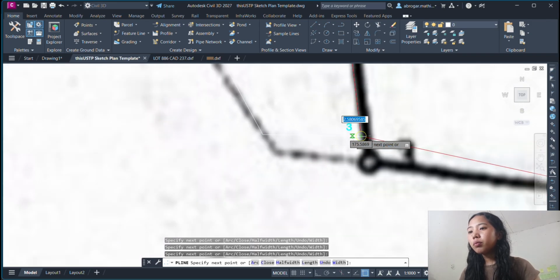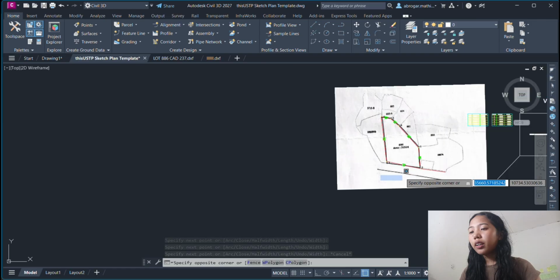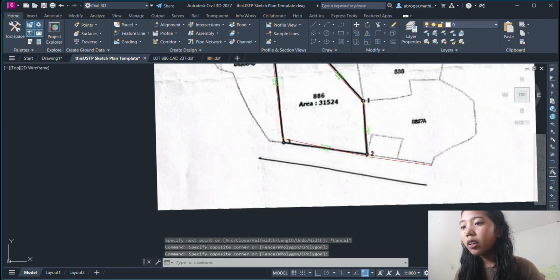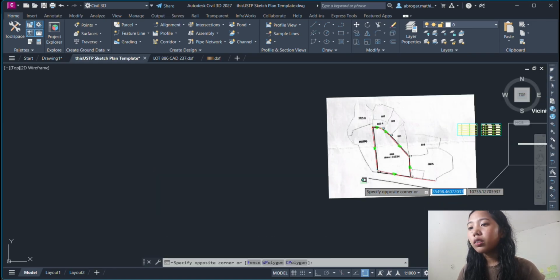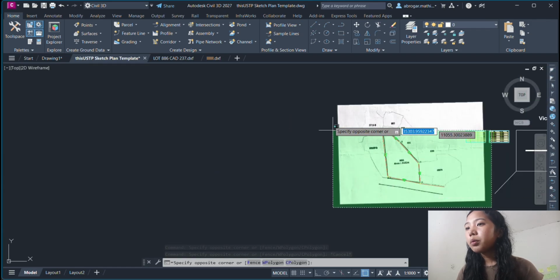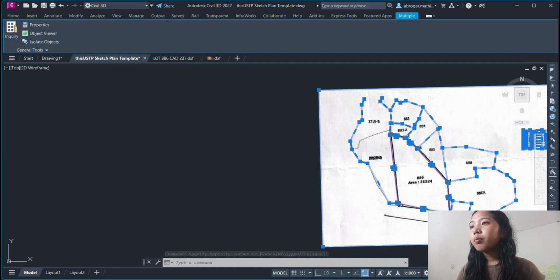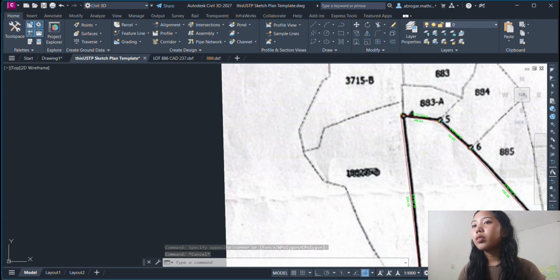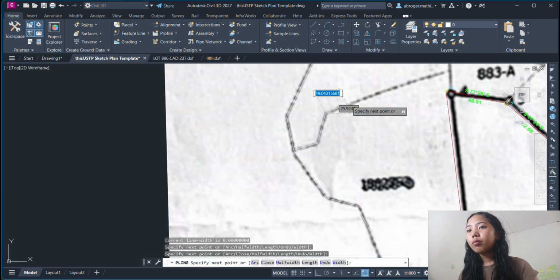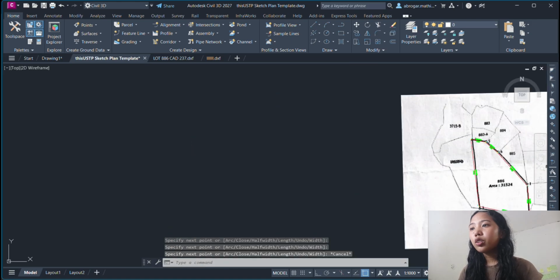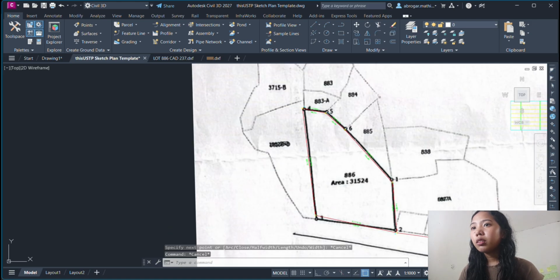Then command zoom, then scale, then try. I tried 1000 over 1 is to 2000 XP. This is the illustration. So I choose scale 1 is to 2000. Then change necessary informations.